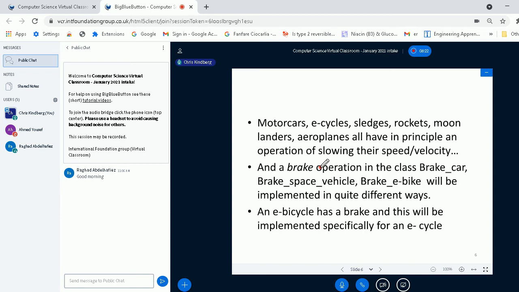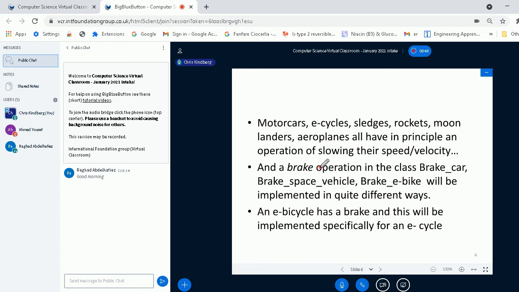The brake operation found in the subclasses of Brake offers maybe an abstract operation called brake with a capital B. You'll end up implementing all those operations in each subclass quite separately and quite specifically for the kind of vehicle that you're thinking about.